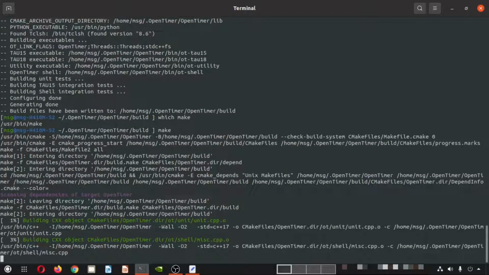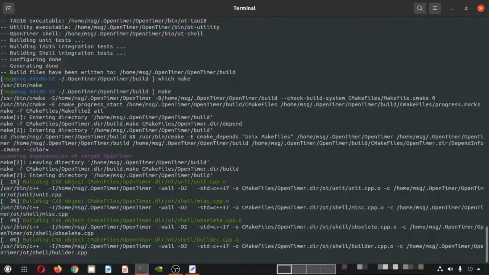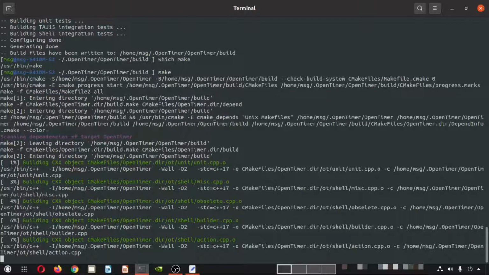The make is ongoing here right now, as you can see. Make is basically doing a local process, so online processes are done. Now in the local directory, we have created a build directory. Inside that we are executing make. So it is building that particular software, OpenTimer.